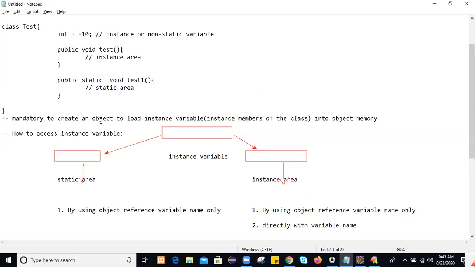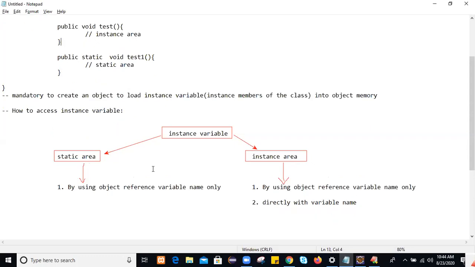From the static area only you will execute that method, since main method execution starts there. It may be the main method or another static method. From there you call that instance method, so you have to create the object once. Once you create the object, that variable gets loaded into that object, and you can access it directly in the instance area, go there and access that variable like that.